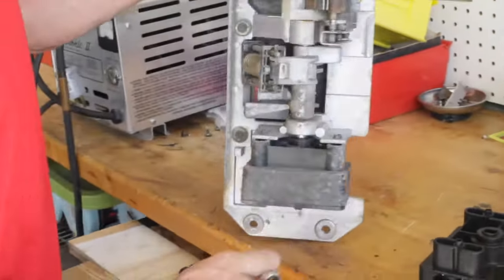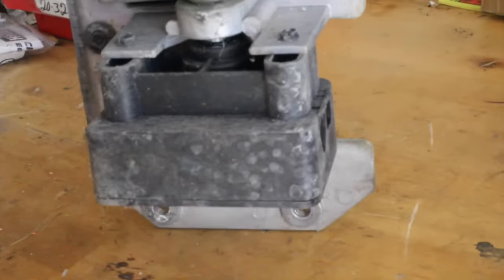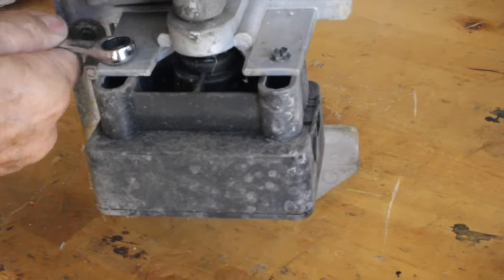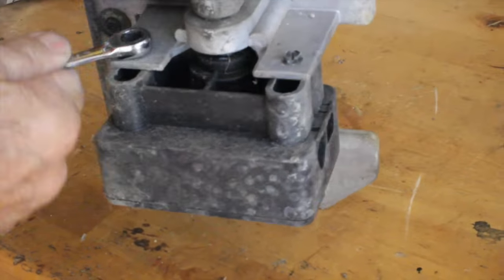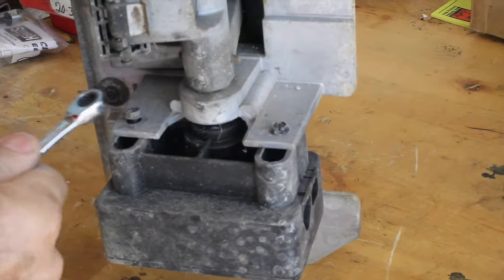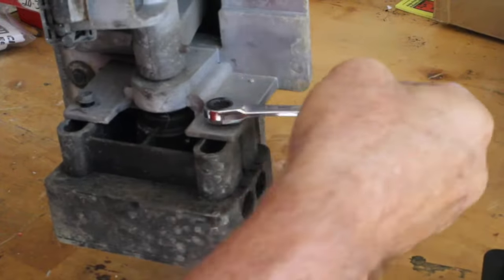Now, you throw this up here. These two screws right here are what we need to get this off. And that's where the 5/16 wrench comes in, or socket, or whatever is easier for you. They're not very long screws because they're threading into plastic. But once you get these two screws out,